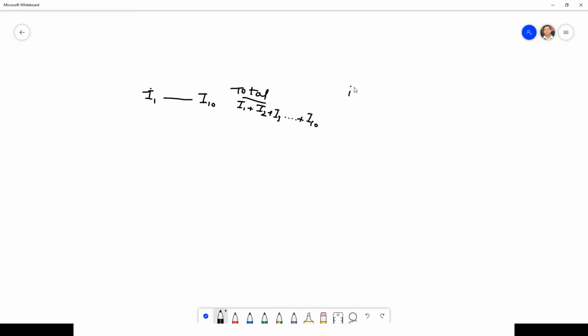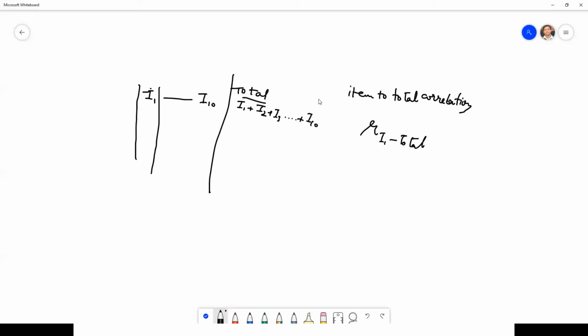then item to total correlation is nothing but the correlation of I1 with the total. This series of I1 with the series of the total.